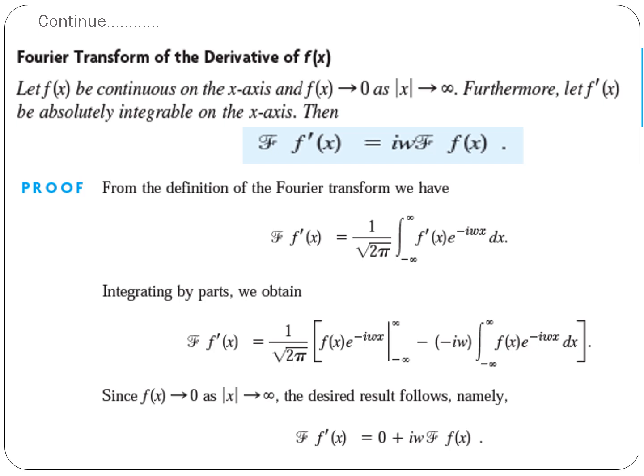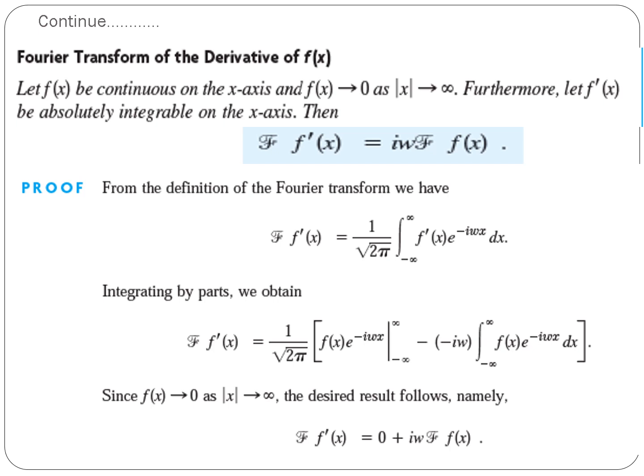That is, the Fourier transform of f dash x equals 1 by root of 2 pi integral minus infinity to infinity f dash x into e raised to minus i omega x dx. That is, in the formula of the Fourier transform, replace the function by f dash x. Now we can integrate by parts. Here, take e raised to minus i omega x as the first function, f dash x as the second function.